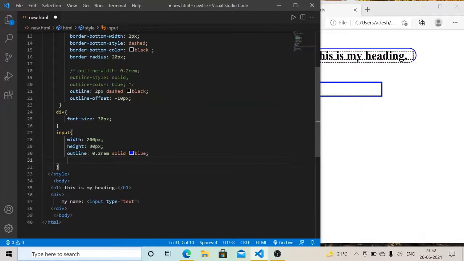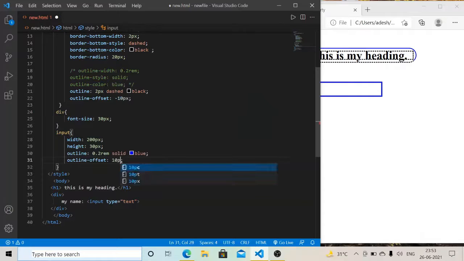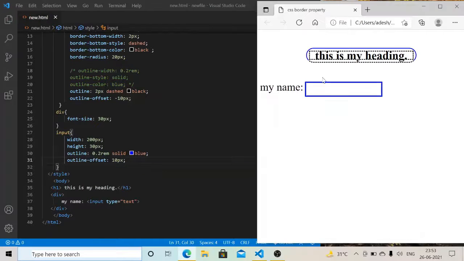Now I apply the outline offset to see what the outline is. I just write 10 pixel for my outline offset. Now as you can see, our outline has increased by 10 pixel. Now when I click this input box, it does not become darker as it happened previously.